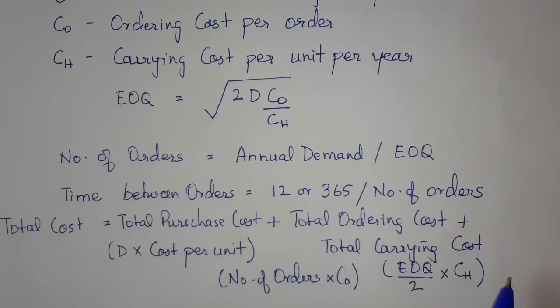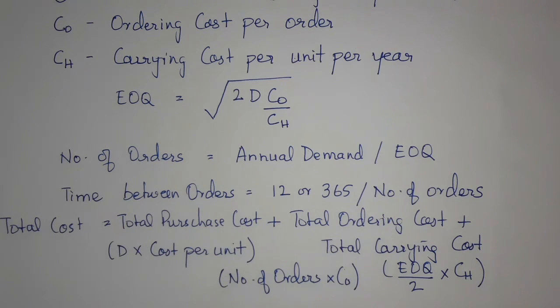Now we can briefly do one small problem, and hopefully we'll be able to find its right answer. So please try to attempt this question. The demand is 1200 units per year. The ordering cost is 54 rupees per order, and the holding cost or the carrying cost is rupees 4.8 per unit per year. So I will ask you to pause this video and calculate the answer yourself. And when you've calculated, you can unpause and return to the video to check the correct answer.